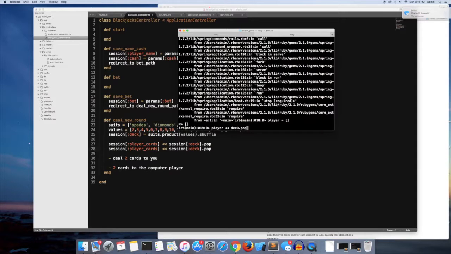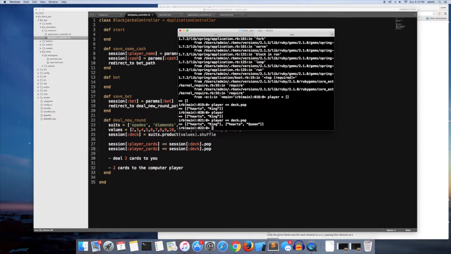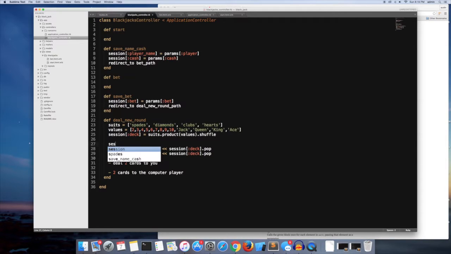dot pop hearts king. So if we check out player, yes, we got it. We call it again, deck dot pop, and now player has 2 cards. Exactly what we want. So let's call session